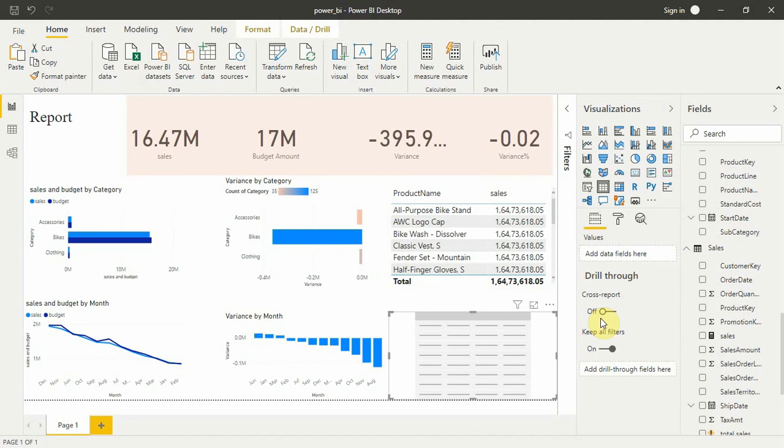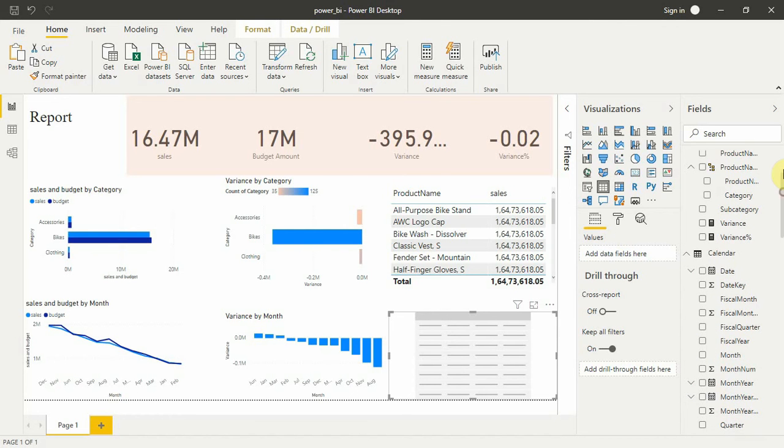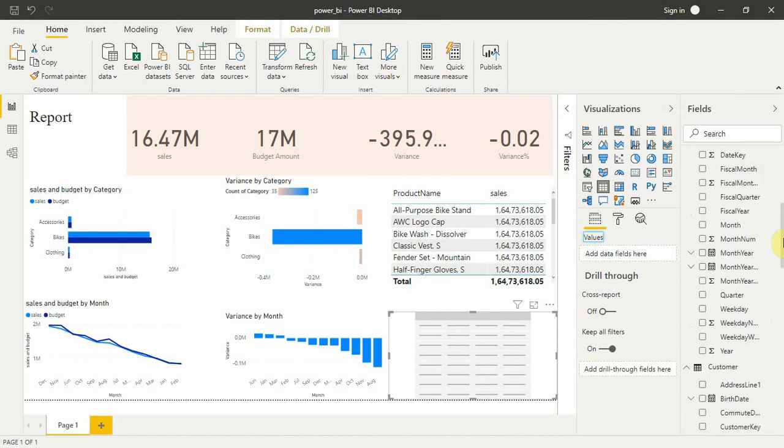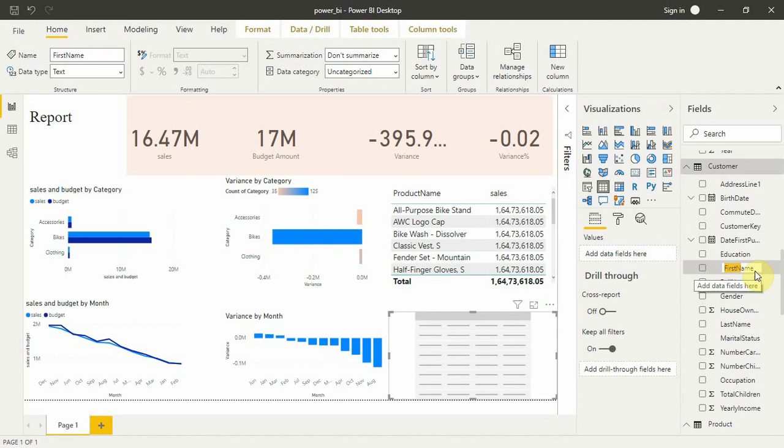And let's add customer. So let's add customer instead of product here. So we'll go to customer's first name. So we'll add a first name.